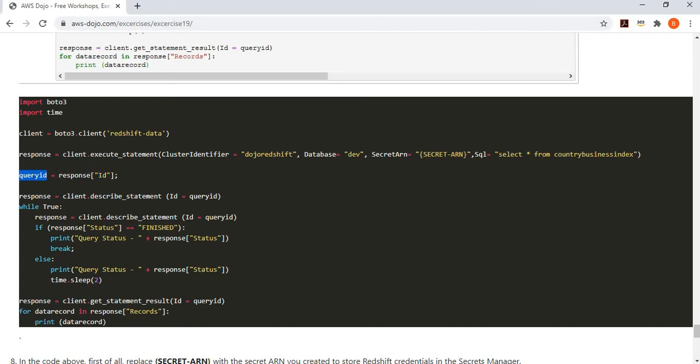Now, this is the query ID which you have to use to get the status of your SQL statement, or to get the results. A lot of different inquiries you can do with this query ID. So next, we are calling the describe statement method where we are passing this query ID, and it is giving me back the status of my